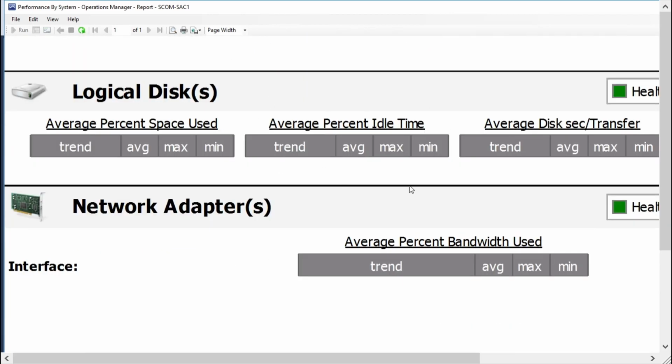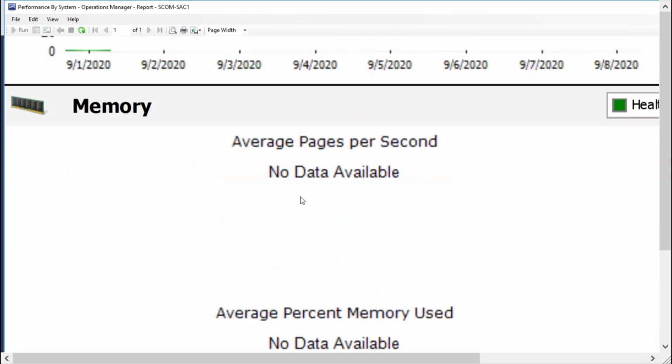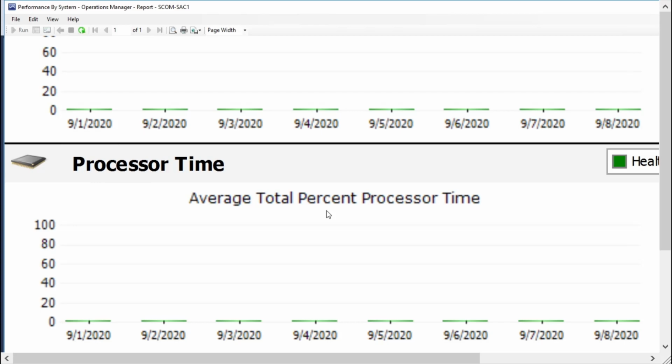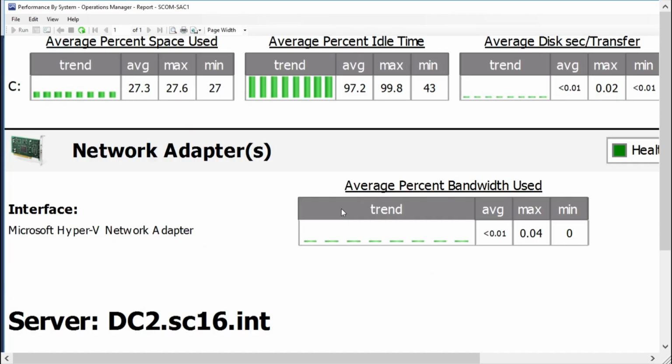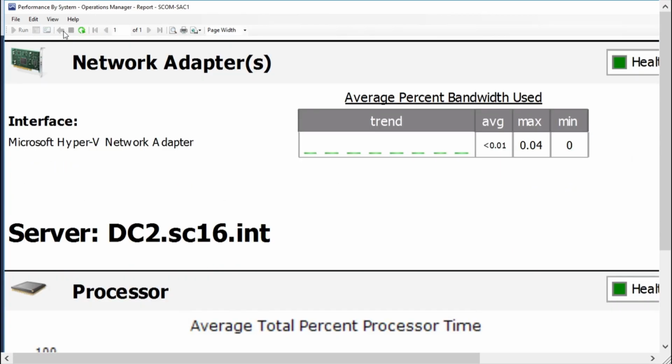All right, so some of these servers were offline, so if the server didn't have data for that period, you'll get a no data available. So I have a couple of those in this list here. But yeah, so that's that report. So let's go back